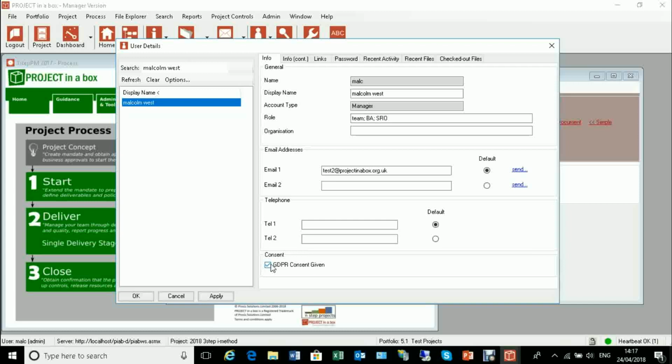You can see from the system which users have and haven't done that, and that'll be available to feed reporting as well. And of course you want all of your users really to give consent to their information being used,